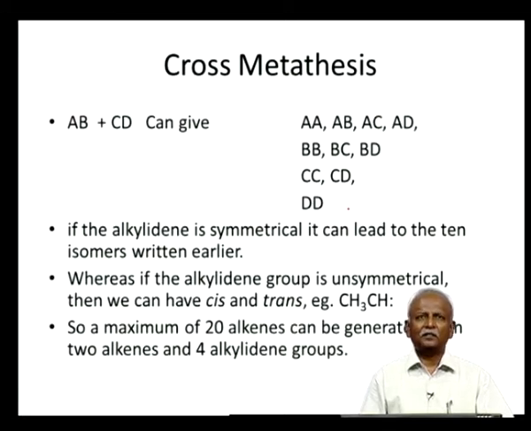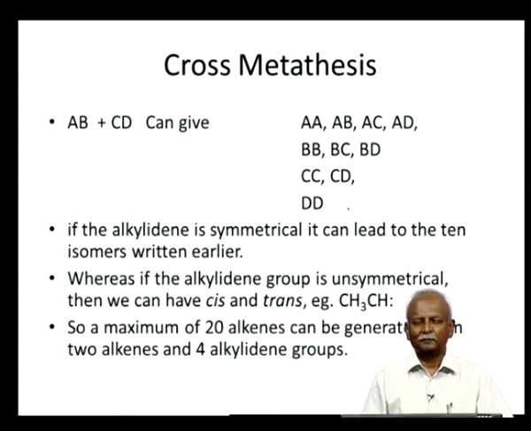Now, let us imagine the extreme scenario where you have 4 different alkylidene groups attached to the olefin. In other words, 2 olefins are undergoing metathesis and there are 4 different alkylidene groups. I have labeled them as A, B, C, D, which means A is one alkylidene group, B is a different alkylidene group. Similarly, C, D is a different olefin. Now, you just imagine the metathesis reaction carried out in this case will lead to almost 10 different olefins, because the alkylidene groups, unless they have very strong electron withdrawing or donor groups on them, you will not have a major difference in the delta H of this reaction, and it goes from left to right